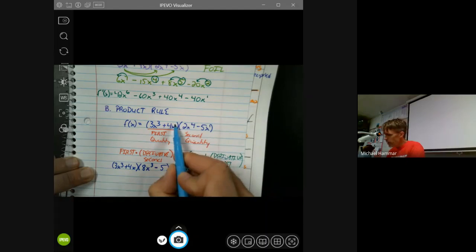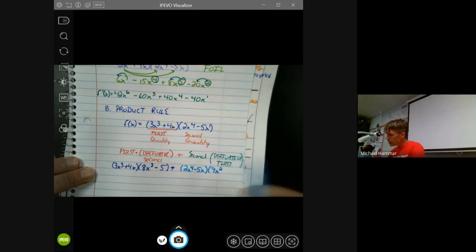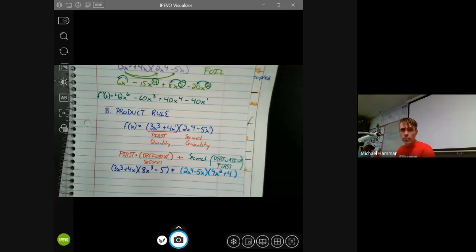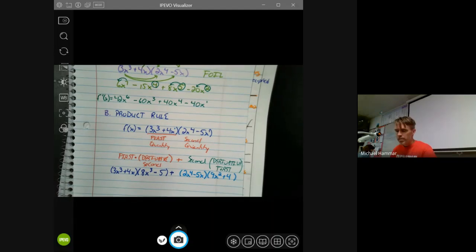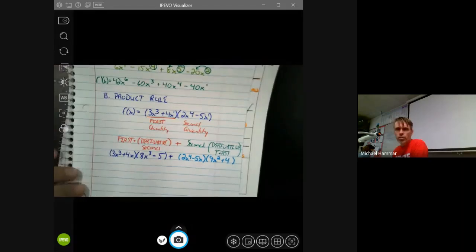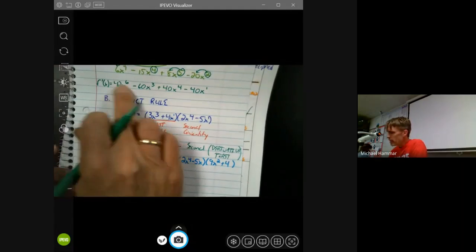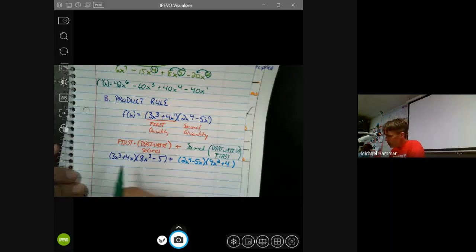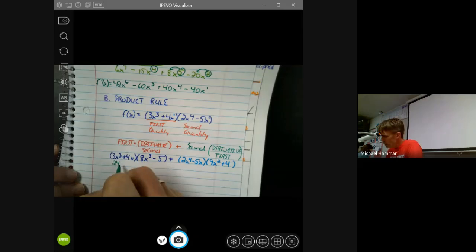And then if you look right here, we have 4x, so this is to the first power. So it'll be plus 4, x to the 0 is 1. Okay? So now, we have to go through and multiply all this out. But what I want to show you, though, is that we're going to end up with the same answer as we get up here. So 3x times 8x is 24